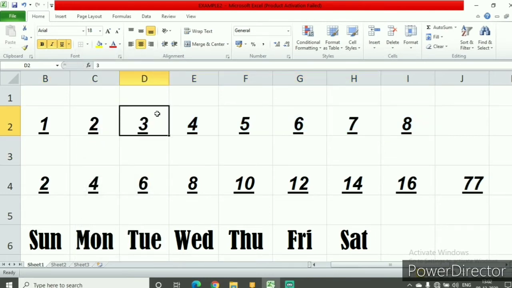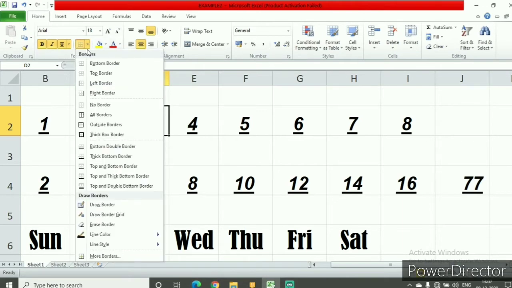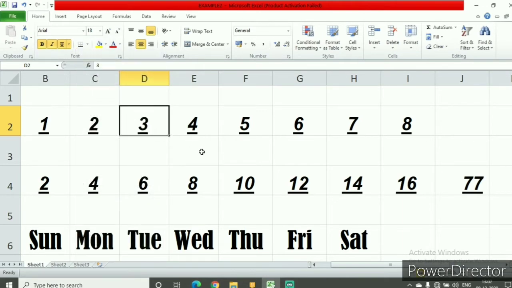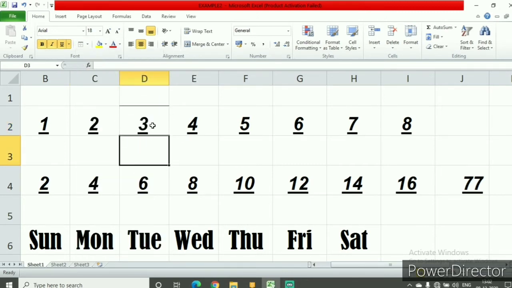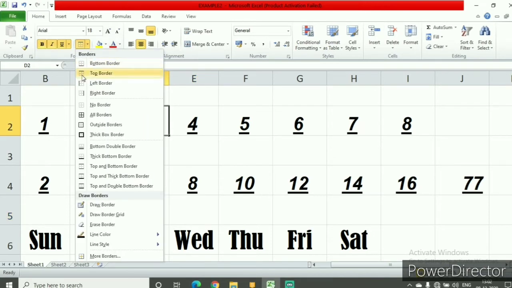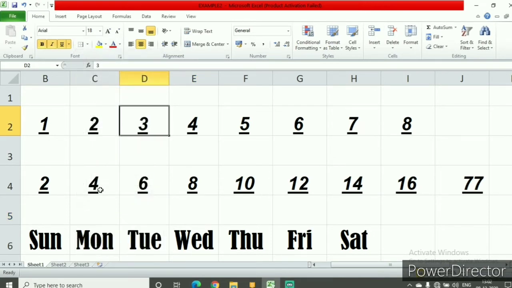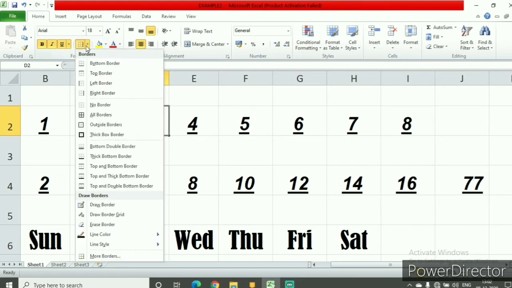Now let's concentrate on this 3. Now see, I'll tell you. I make only a bottom border. So there's only a bottom border out here. Suppose I make a top border. You can see the top border out here. Can you see a top border and a bottom border? Then if I make a right border, can you see one right border coming out here? Again I'll select this and then I'll make a left border.